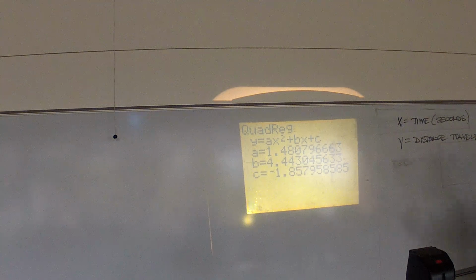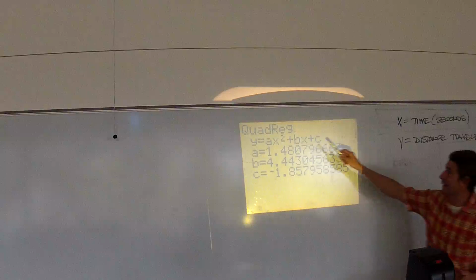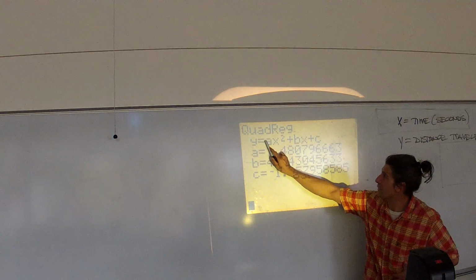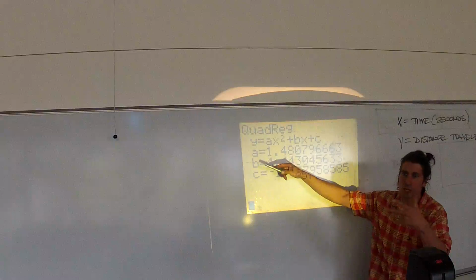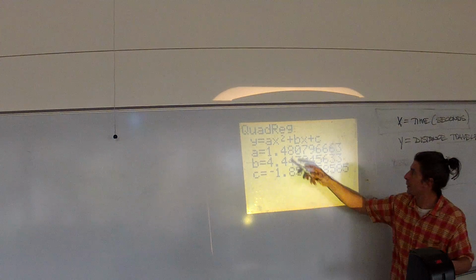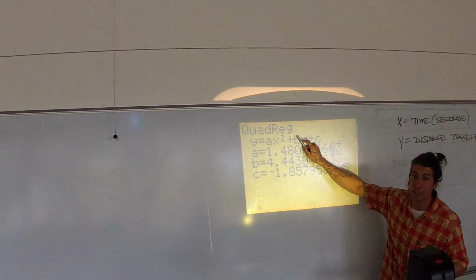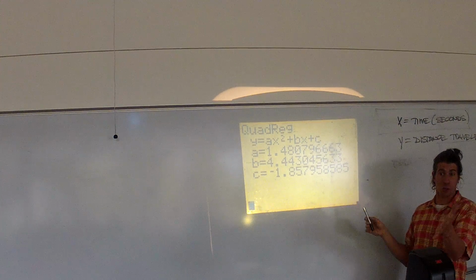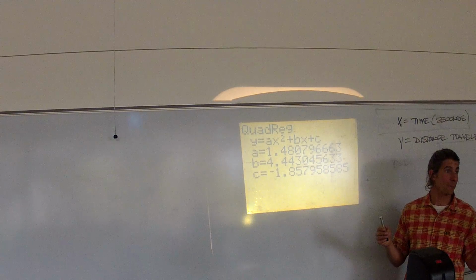Okay. Now, notice the difference in LinReg versus quadratic. LinReg had ax plus b up top. That's because that's what a linear equation has, a slope and a y-intercept. A quadratic equation like this one has this guy out here, which is the acceleration, which is, if you will, the slope. This guy, the linear coefficient B, and this guy, the y-intercept, which is now called C. So we should all have those three values now.